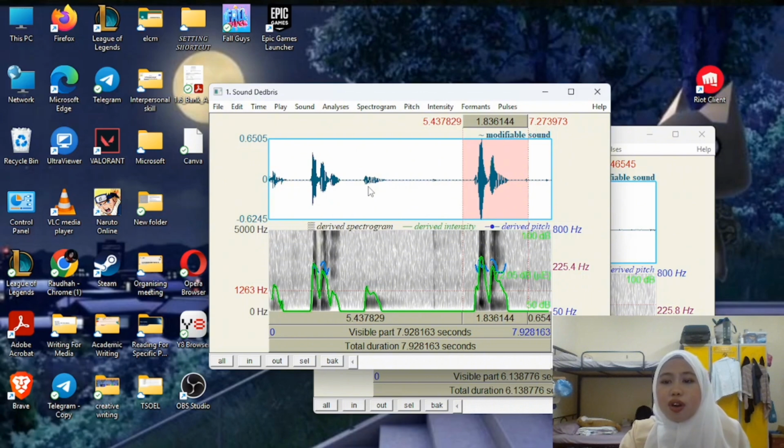In the correct pronunciation, the Praat display shows primary stress on the first syllable, de. The stressed vowel has the highest amplitude and intensity, showing strong stress. The pitch contour rises slightly on the first syllable, right here, and then falls smoothly on the second syllable, showing natural intonation. As the word continues, in the second syllable, bree,